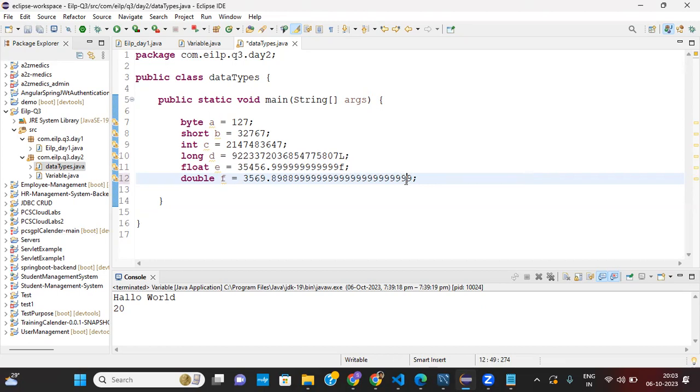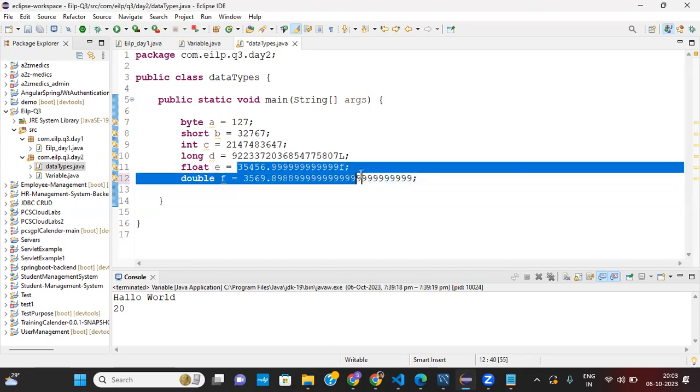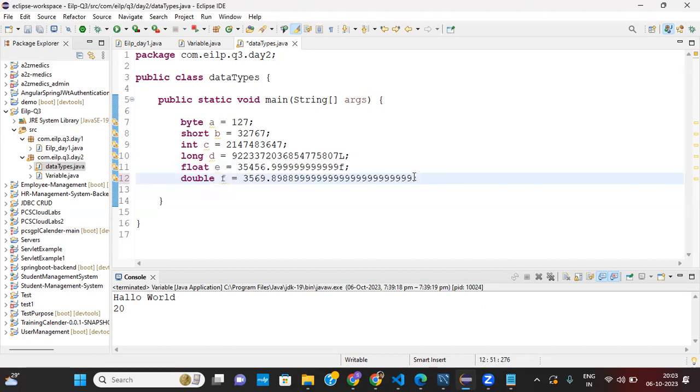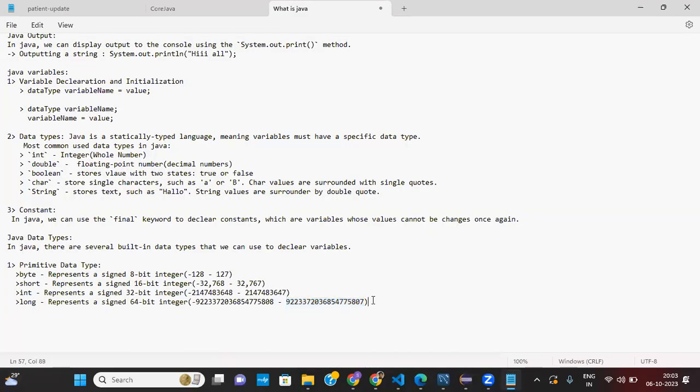It can take it, because float is a 32-bit floating point, and double is 64-bit, and it doesn't have any range. So it can be infinite.